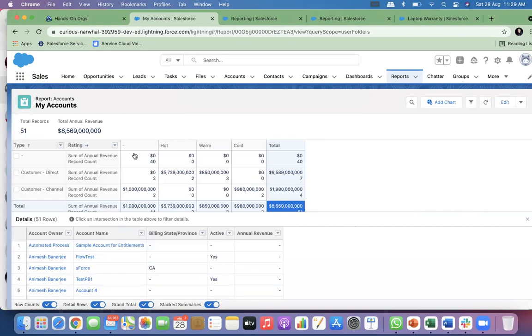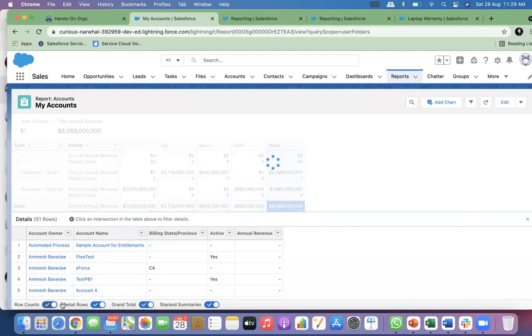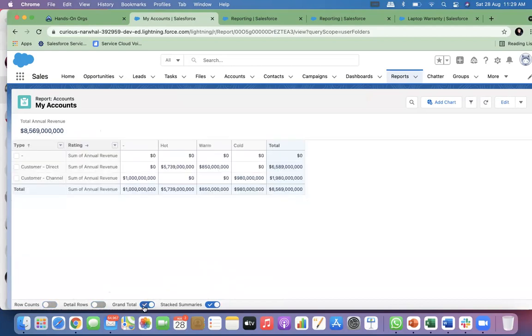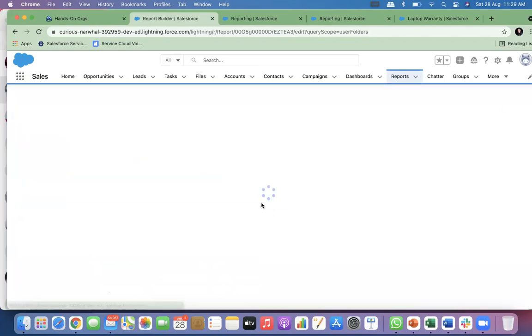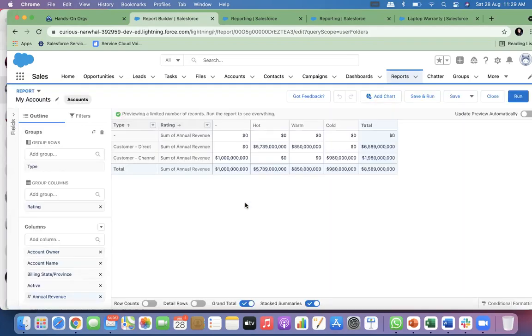Now, with the second grouping, if I remove the details, this is what becomes your matrix report. Now you see, on the left side, I have grouped based on columns.